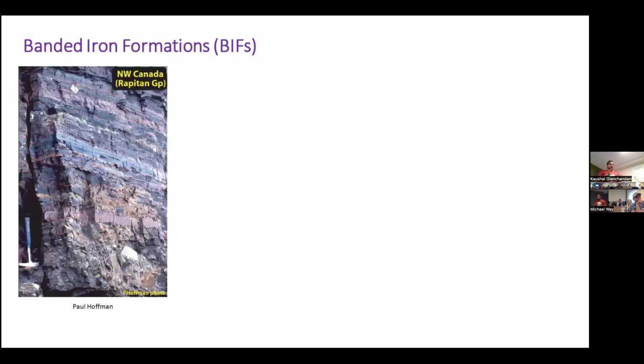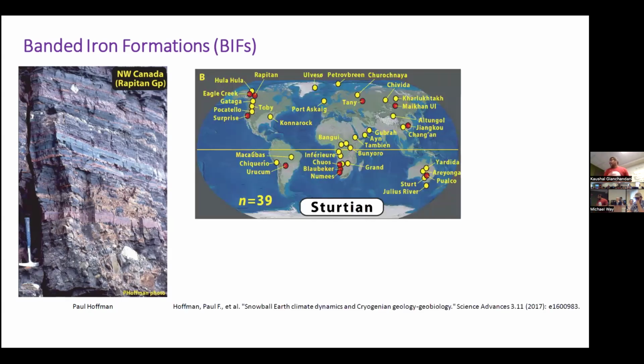At the heart of this hard versus soft snowball Earth debate lie these very interesting striated rocks called banded iron formations. For the subsequent part of this talk, I will only be addressing them as BIFs because banded iron formations is a mouthful to say over and over again. These interesting rocks have been found on all of the continents as we know them today. The figure that you see on your screen right now shows the glacial deposits that have been dated to the Neoproterozoic. And of these glacial deposits, the red ones are the iron formations.